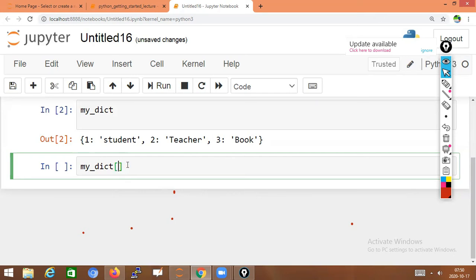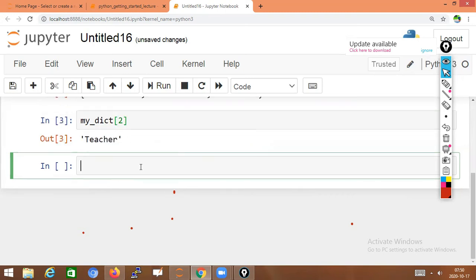I need teacher, so I'm giving two. Shift enter. You got teacher. Like that you can get the required output.